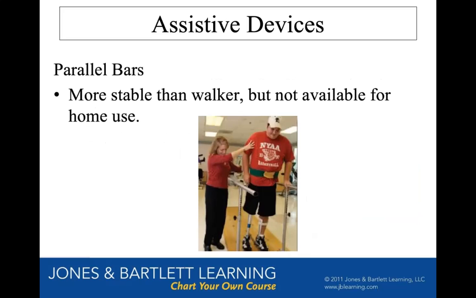Parallel bars, the most stable type of assistive device, usually screwed down into the floor or a large wooden platform, a metal platform. They're the safest place to start gait training, but it doesn't have to be the only place that you always start gait training, because some people don't need that much stability, or some people that are younger may